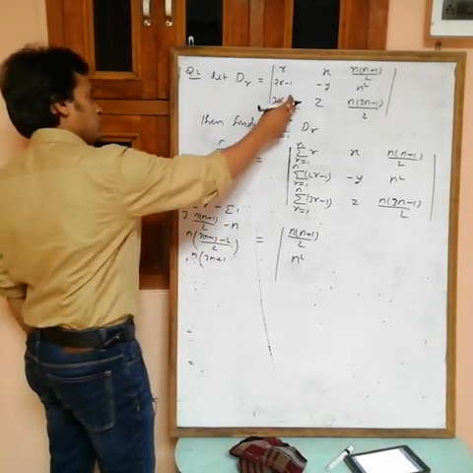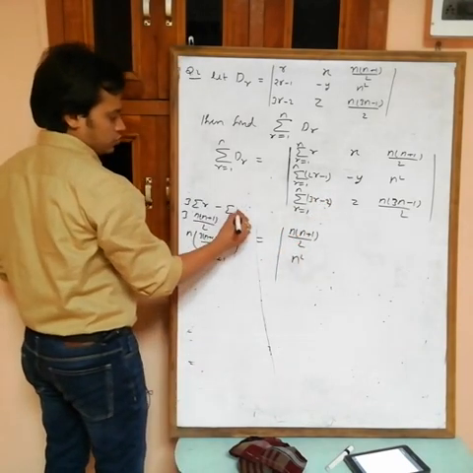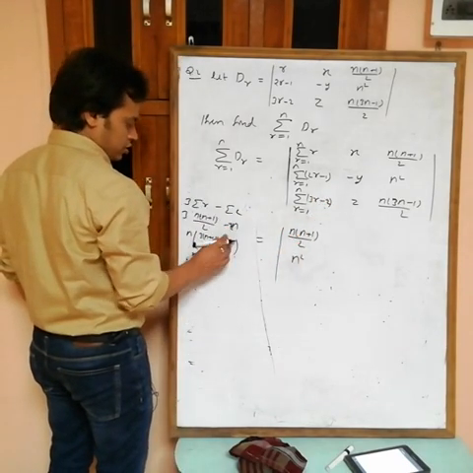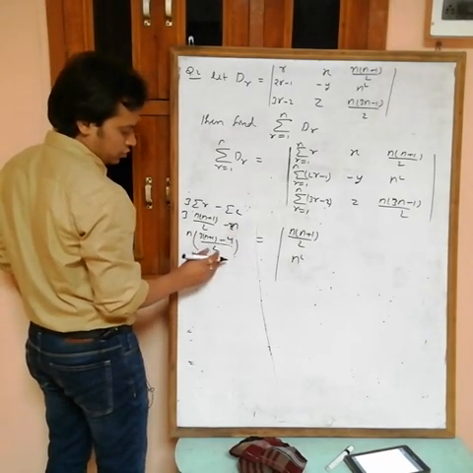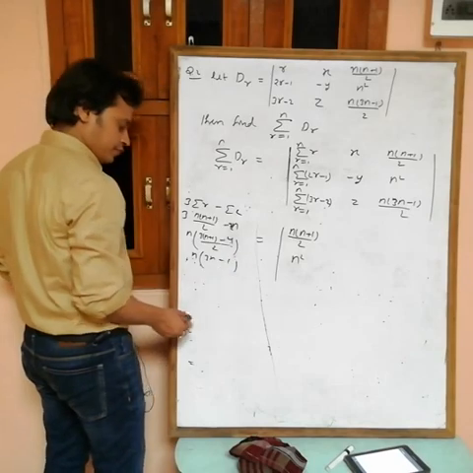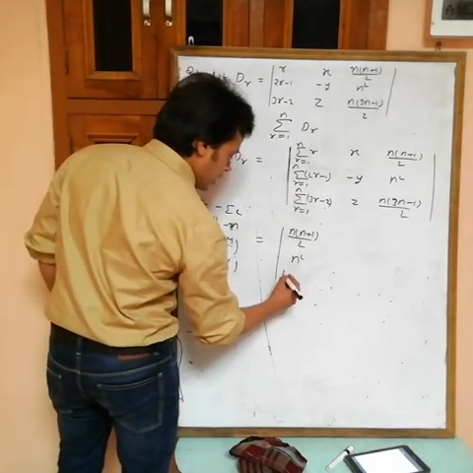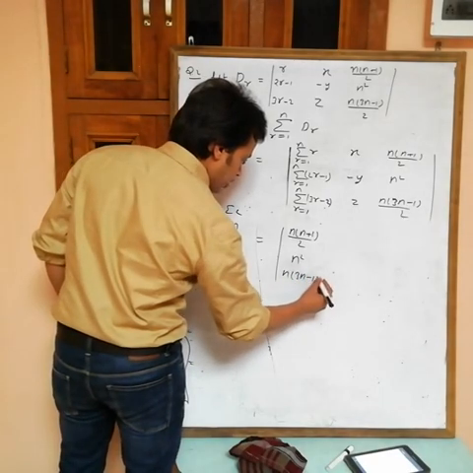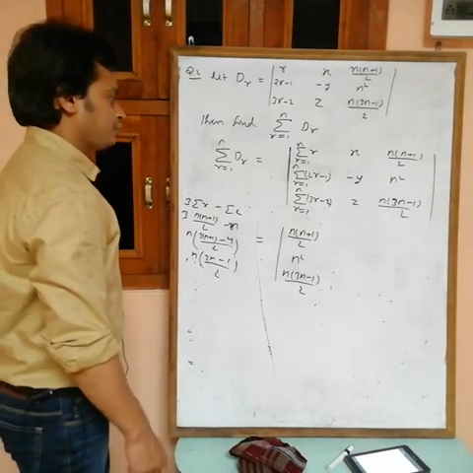Sorry, here we have 3r minus 2, then sigma 2 is 2n, and this one is 4. So what will you get? 3n plus 3 minus 4, that is 3n minus 1, by 2. So you will get the value of this one as n into 3n minus 1 by 2. You can find the value of this one now.